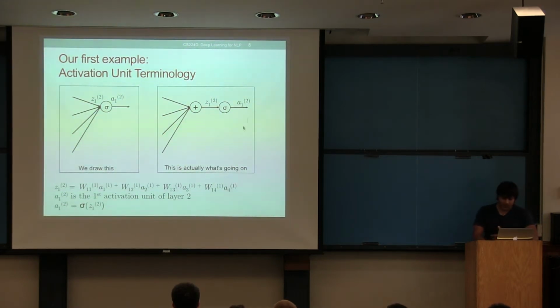And you can write the value of Z simply as a linear combination of the activations of the previous layer. The parenthetical superscript that you see over here is just indicating the layer that we're working with. So you can see that the activation of layer 2 is a result of the input, the linear combination at layer 2. The subscript, on the other hand, is just notation for the neuron number, the neuron count that we're working with on a particular layer. So that's why A subscript 1 superscript 2 is basically just the activation, the first activation unit of layer 2.